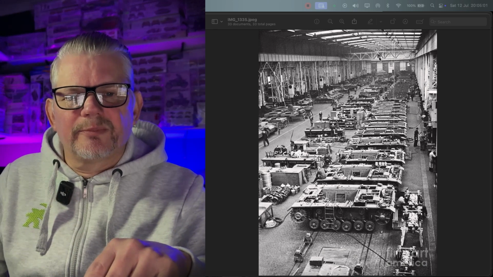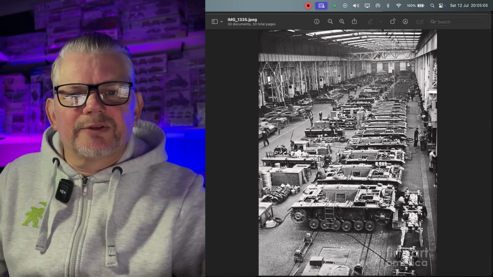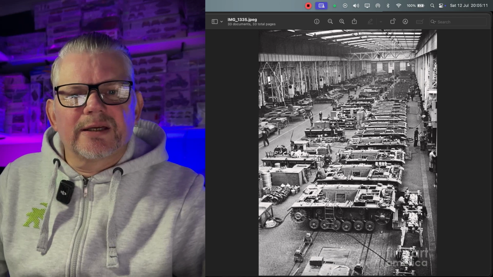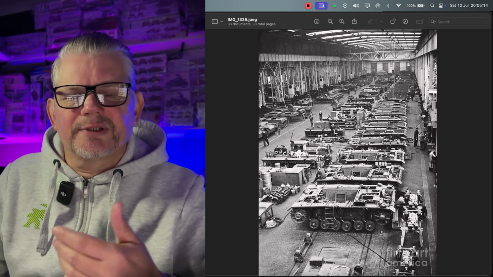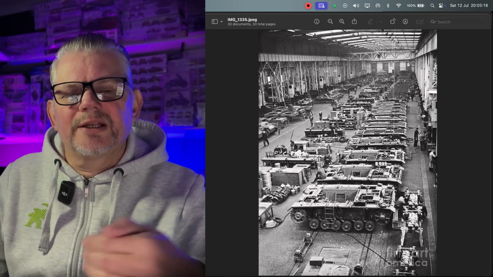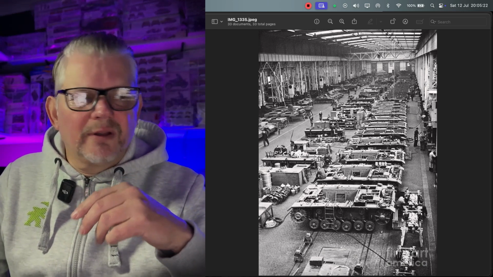You'll see from the top far back, hopefully the mouse is following on screen, you'll see the crane at the back as well. So that's bringing in the different hulls and different vehicles and engines to the front and the back, and also towards the end of the factory it will pick up the completed tank, and then